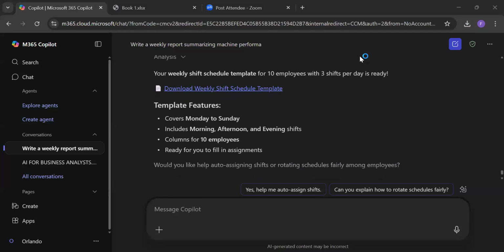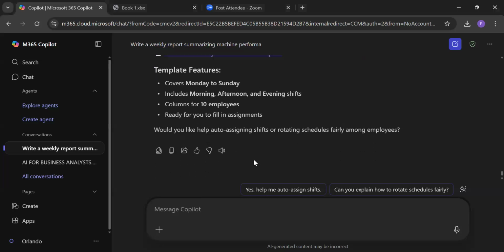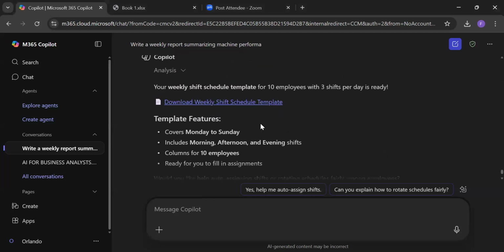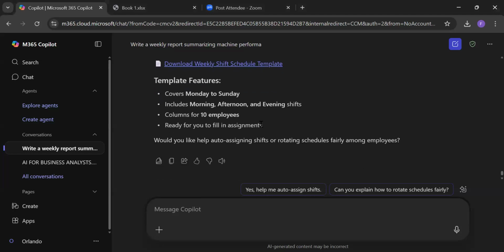Yes. Don't know if you can see my schedule. I'm sure that side of the screen is not sharing. My Excel sheet, I just opened it. All right. So you created a simple schedule. So if you tried it, you would also notice it created a simple schedule for you as well for 10 employees.